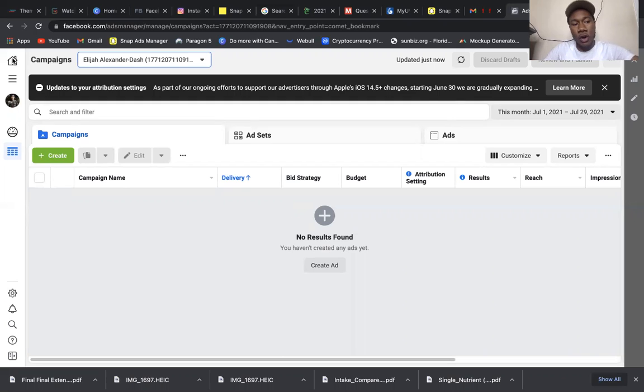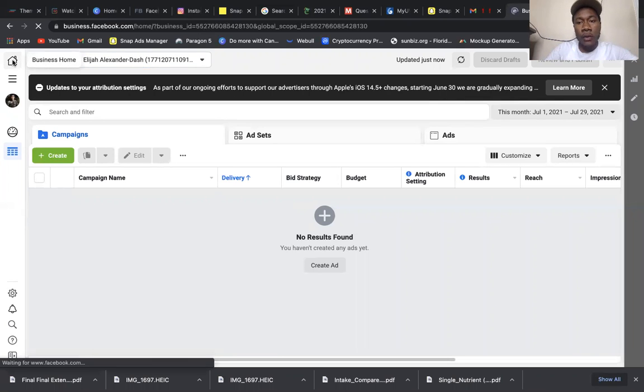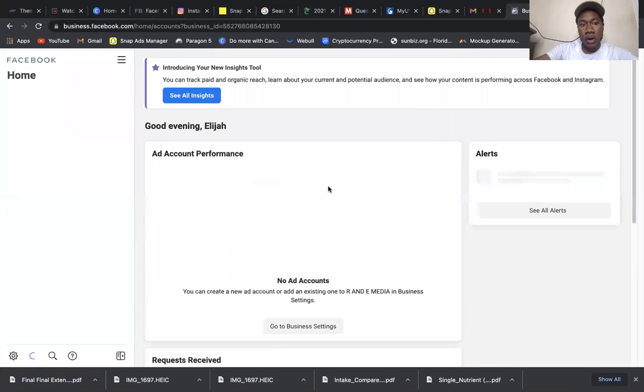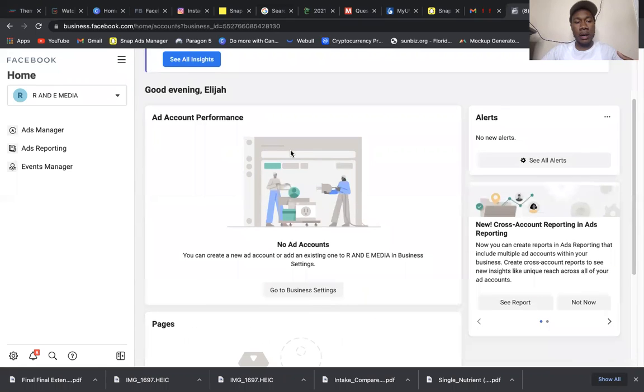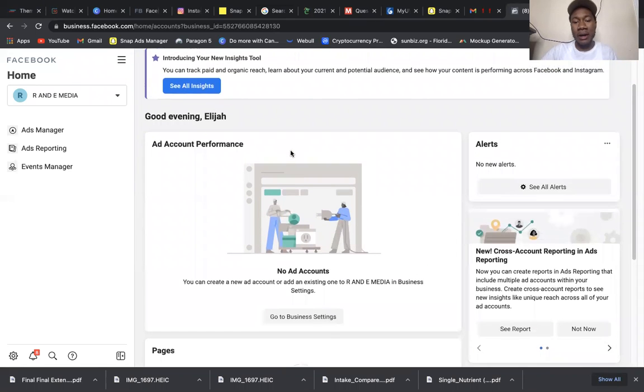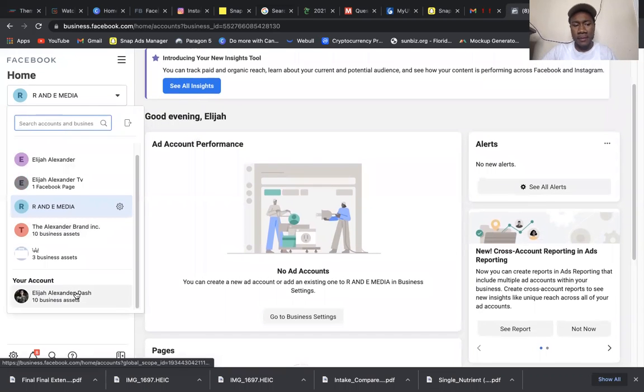So right here is your home tab. When you go on the home tab, as you guys see before, this is going to be your business manager home. Basically, this is where your different pages are, and you're going to be able to manage them through your business. I forgot what it's called, but your business manager home. So you see, I have multiple different pages. My personal Facebook account owns like 10 different business ad sets right here.